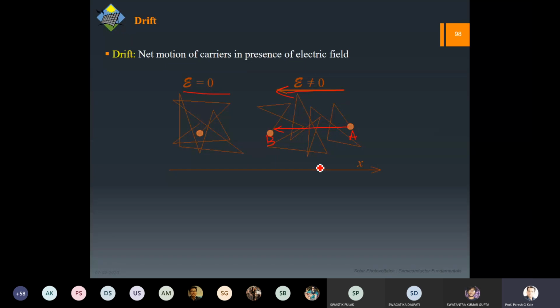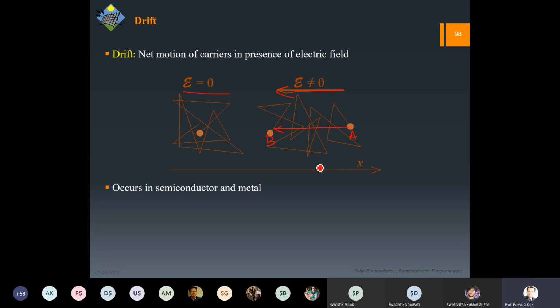So this drift will be absent as long as we don't have any electric field. Whenever we make any device, or in other words any junction, diffusion will definitely take place, and after a point it will settle down. There will not be any movement after a certain time. If you want movement after that as well, we need to provide or generate an electric field, and that is the crucial part when we talk about the junction. This point will be very vital when we talk about how a solar cell works, and the currents because of both diffusion as well as drift.